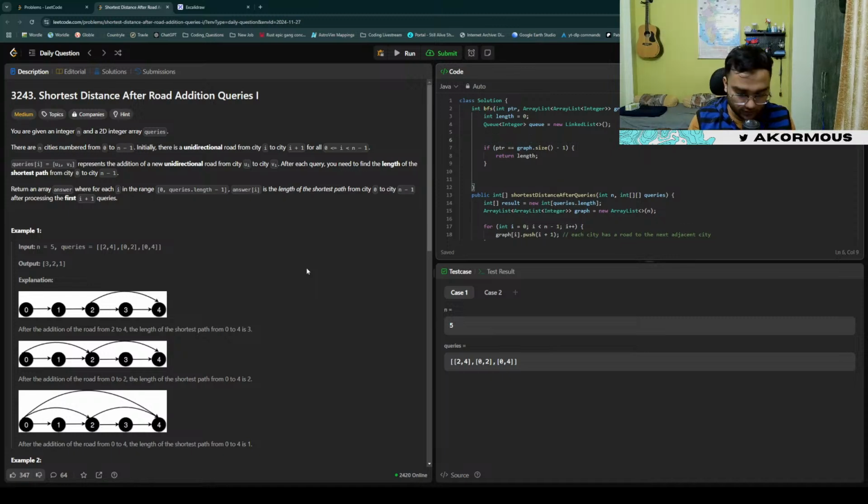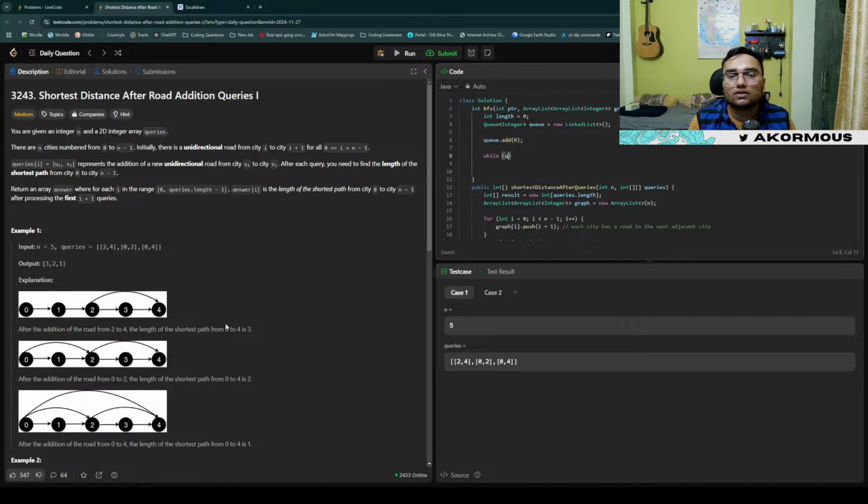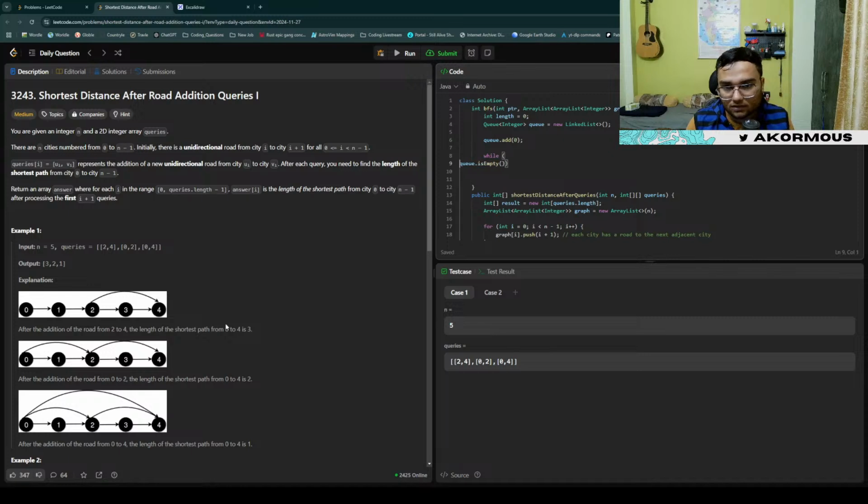Now inside the queue we need to add and poll, right? Peek. Okay, we need to add the first city, and then while queue dot is empty, while it is non-empty,